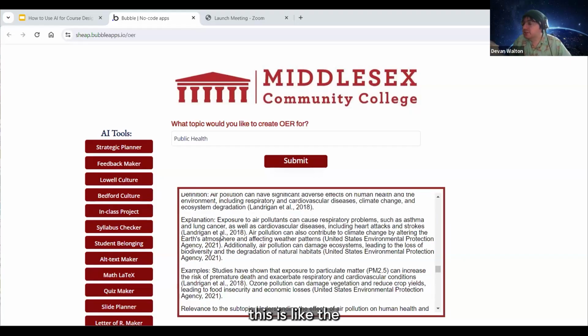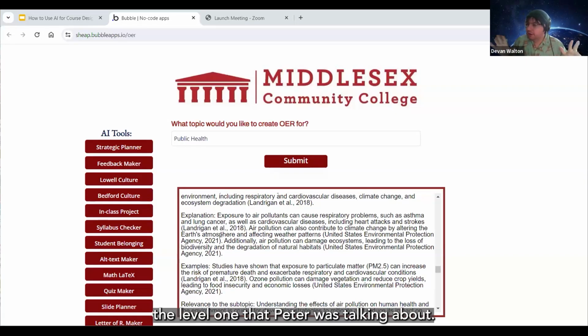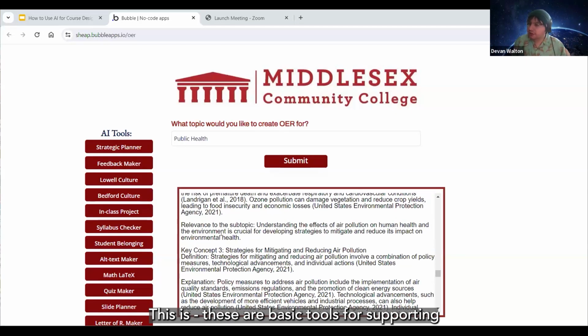So this is like the level one that Peter was talking about. These are basic tools for supporting essentially the educational status quo, or some of the existing educational structure. If we return to the PowerPoint and go to the